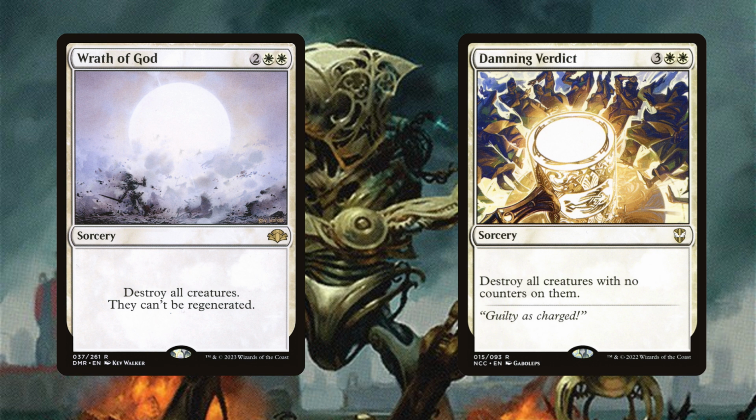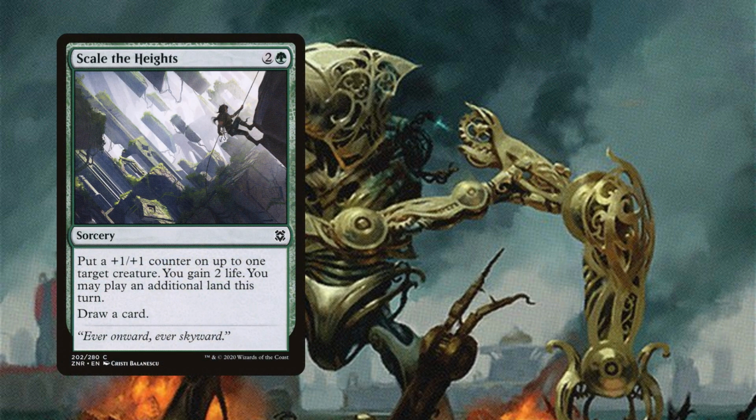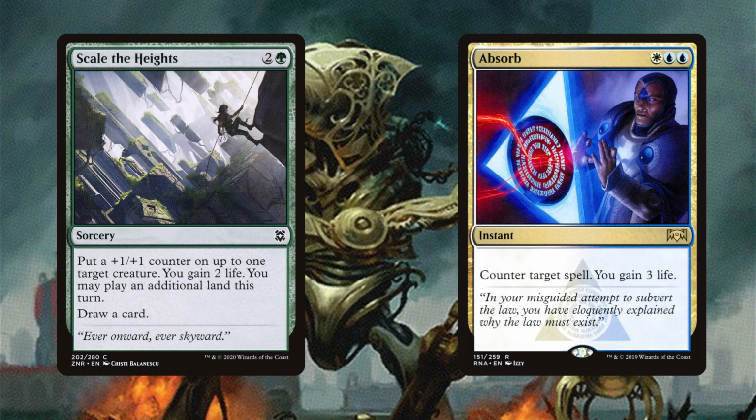Your curve does not matter if you are curving into losing. Your deck has to be coherent, the gears have to turn, you have to keep oiling the wheels. Oil the wheels with cards like Scale the Heights. Oil the wheels with cards like Absorb that gain you incidental life, that care about +1/+1 counters if your deck does that. Your deck has to be moving